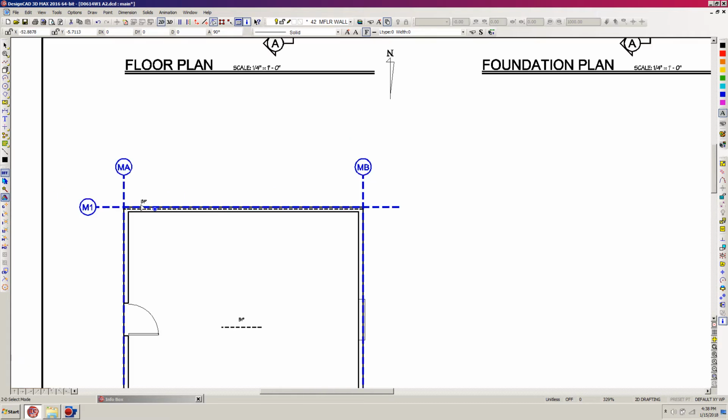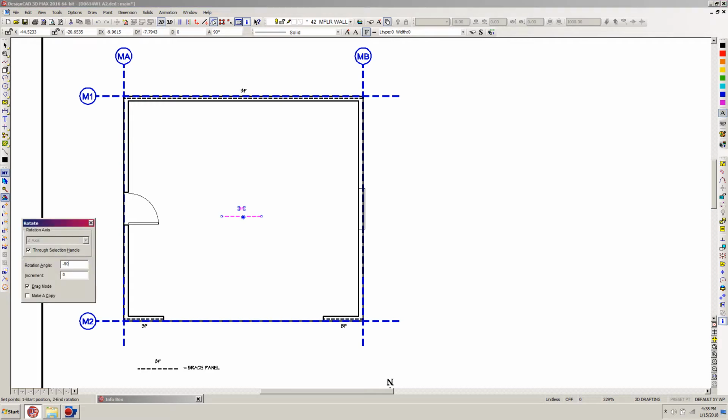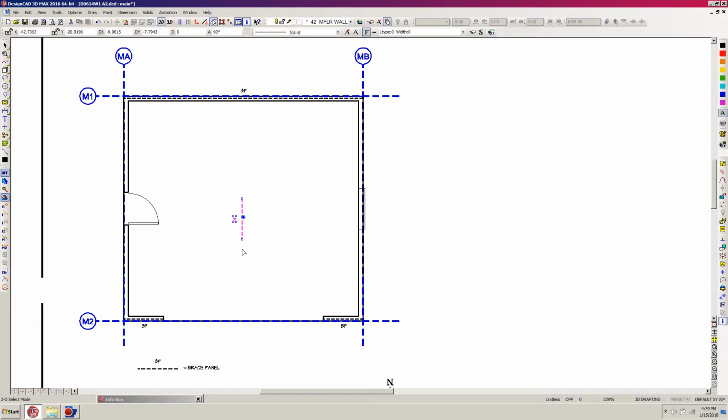So now, this brace panel note, I'm going to select that and just hit M for move and just move it over toward the center somewhere and hit enter. Okay, so the whole rear wall is essentially a braced wall panel. Okay, and so what we have now is we need to deal with our vertical portions, within which the braced wall lines are broken by a door on this side and a window on the other side. So I'm going to just take this guy and rotate it, R tab -90, rotate counterclockwise 90 degrees,